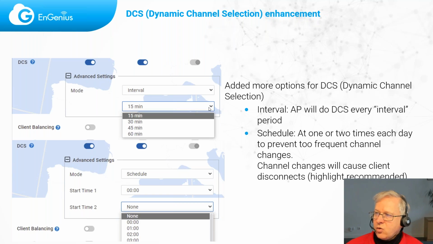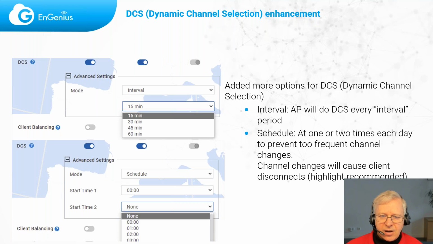Why do you want to do this? Well, or maybe I should answer first, what is DCS, or what does dynamic channel selection do for you? Dynamic channel selection will move the channel on which the AP is operating to another channel if the AP discovers that there is something not optimal on that channel.